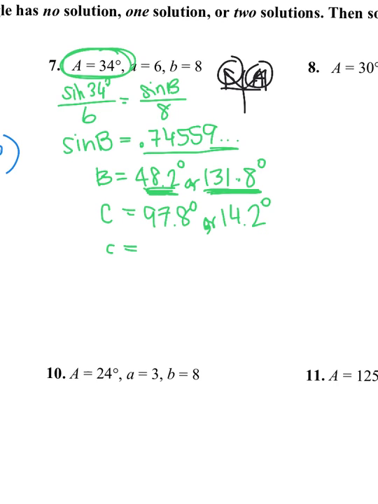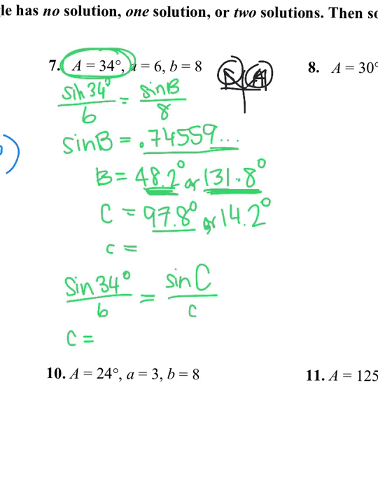Okay, so then I have sine of 34 degrees over 6 is equal to sine of angle C over side C. All right. And now for angle C, I'm going to use 97.8 and then solve for C. Okay, so then I have,